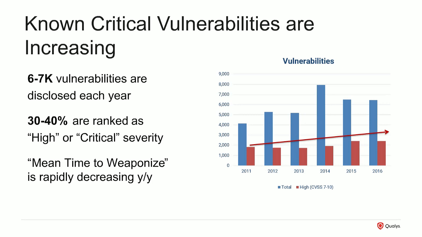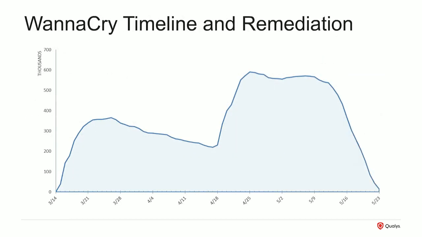So what we observe is that the mean time to weaponize is decreasing every year, and we can actually look at an example. I think everybody heard about WannaCry, and we can talk a little bit about what happened there, what was the reaction time, and what were the subsequent actions. So WannaCry basically was announced. Well, the Microsoft MS17-010 patch was announced sometime in mid-March,